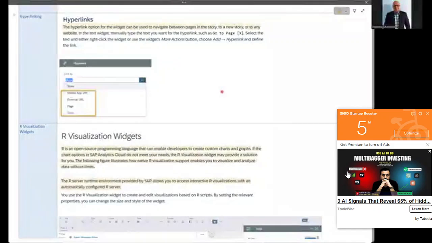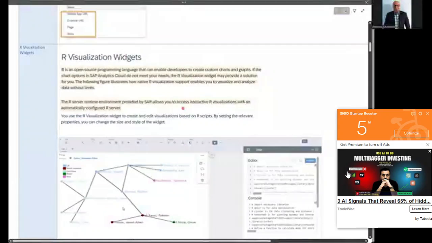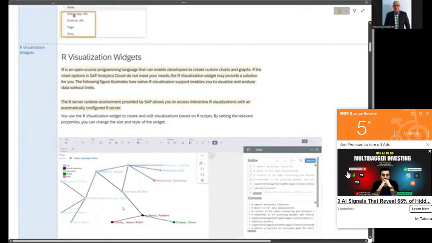Then we have R visualization widgets. Yes, I think Srinata was interested in this. She was asking what are the different chart types available for R visualizations. R visualization is a very powerful visualization and it's a separate widget. If you go to SAC, you will see that there is a separate widget for the R visualization. It's not our simple chart widget. It's a separate widget because it needs some scripting to be done. It needs specific inputs and scripting to be done. So R visualization is very, very